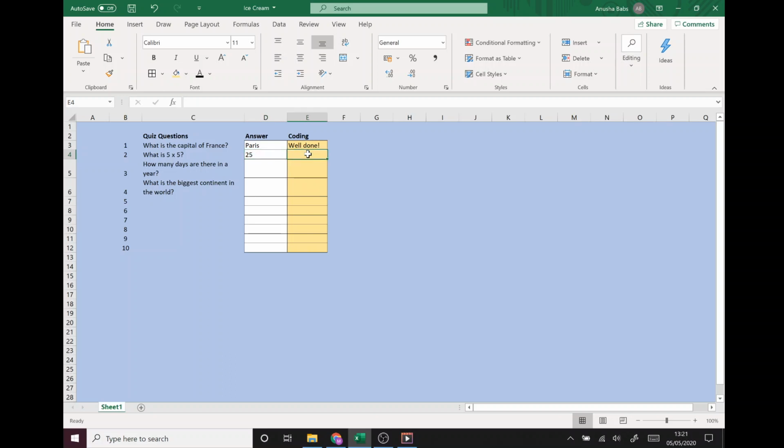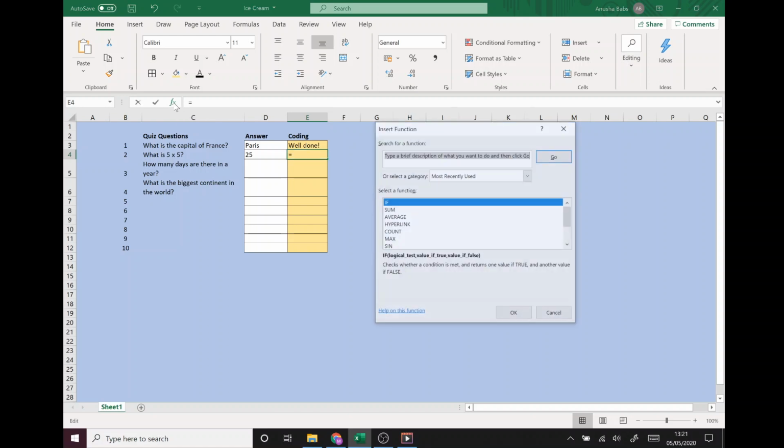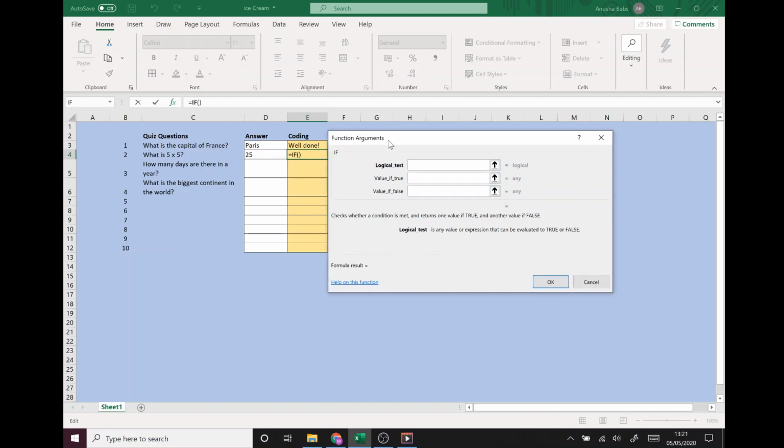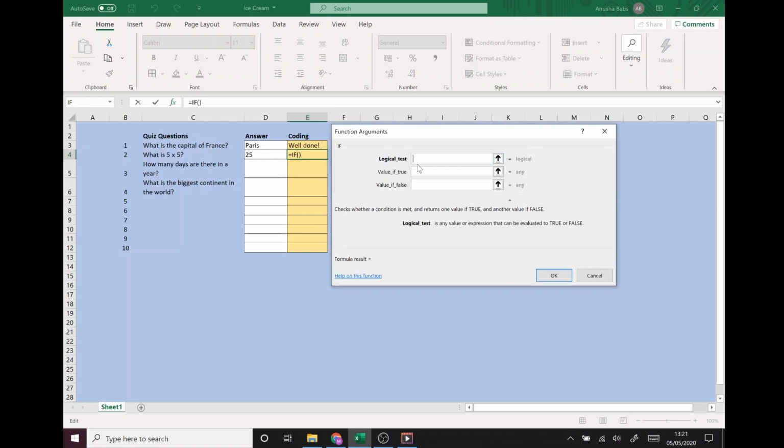Okay, so doing question 2. I click on the cell which is E4. Then you go to the FX, the function button, which is over here. Then double click on IF. Okay, and then what we are doing is testing to see whether D4